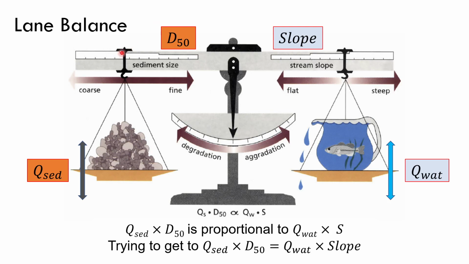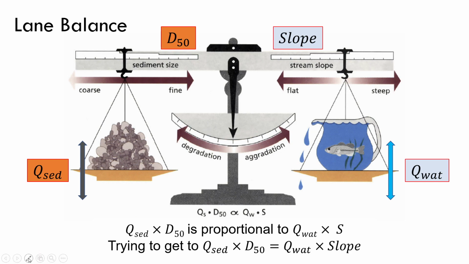We can think about the sediment regime being the left side of this balance. So this is our sediment discharge rates and our sediment size, which generally we think about as our median grain size, our D50. And then the right side here is our flow regime, so things like slope, which impacts velocity, and our discharge, our Q. So discharge and slope on one side, the amount of sediment or the sediment discharge, and our median grain size on the left here. The equation that comes with this is down here at the bottom,